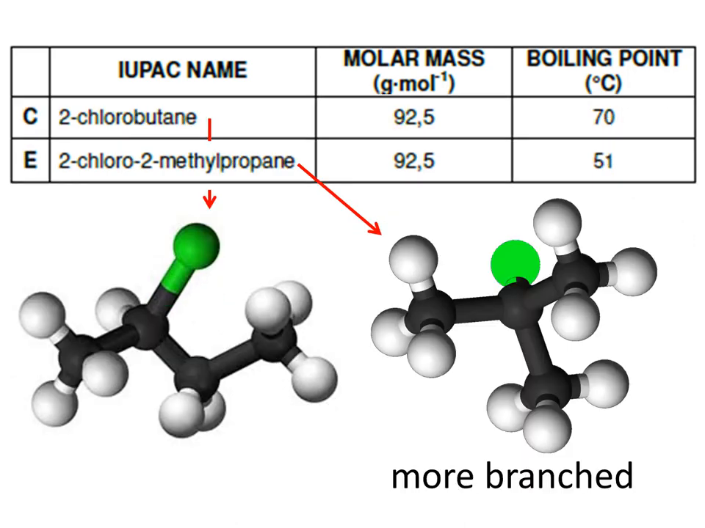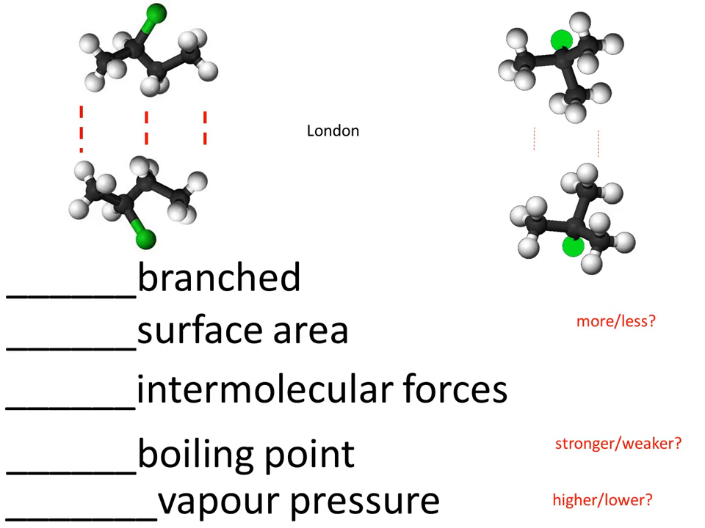So now let's compare C and E. 2-chlorobutane and 2-chloro-2-methylpropane. Both of them have the same molar mass, but how do they differ? E, which is 2-chloro-2-methylpropane, is more branched than C. How does that affect the strength of the London forces between them? To help you to think about the situation, fill in the red word on each line to describe the less branched 2-chlorobutane compared to the more branched